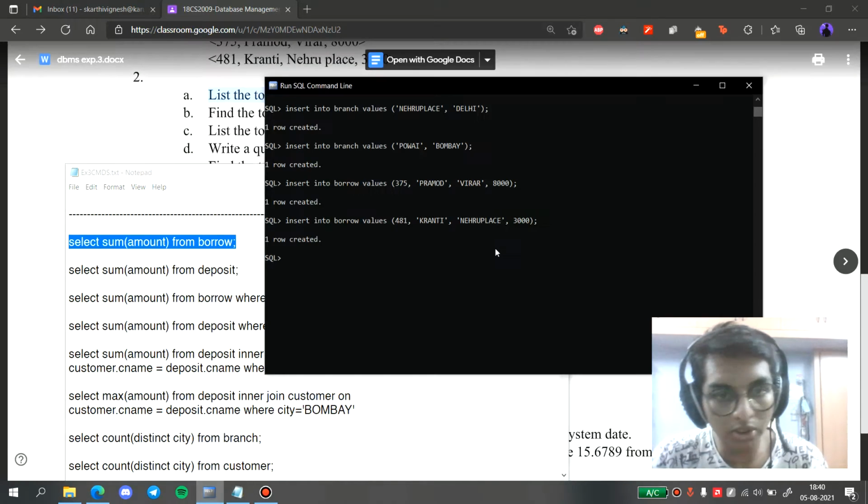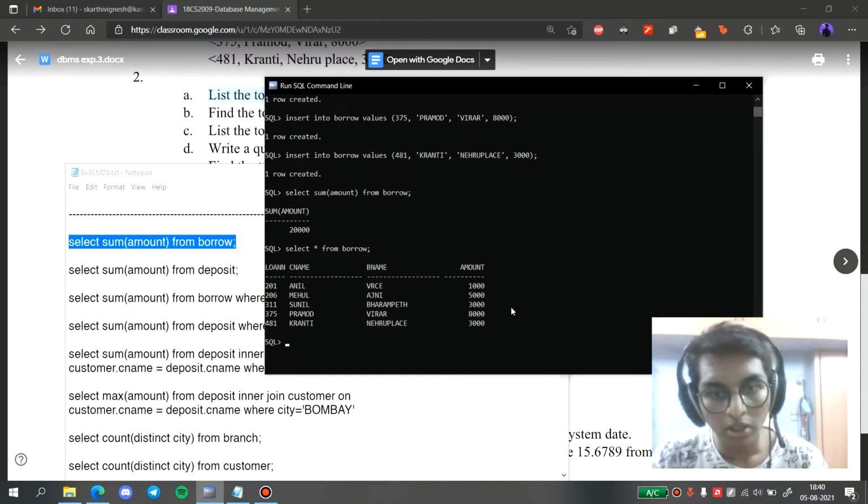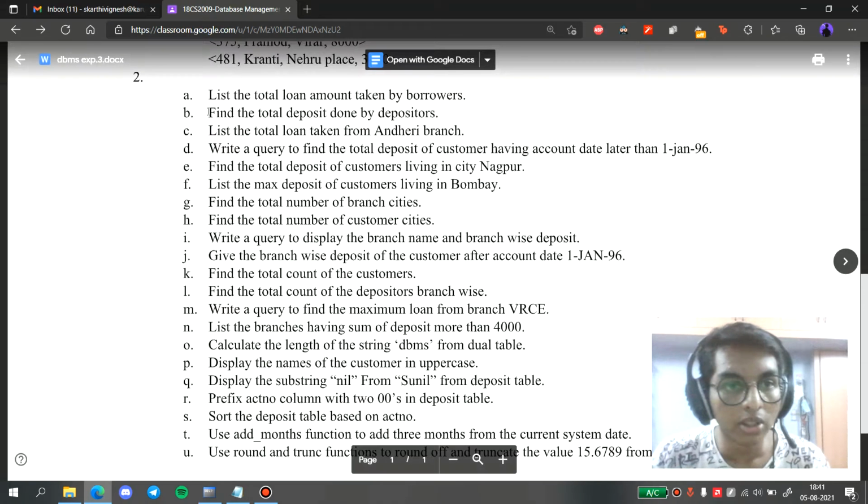I'm going to execute this one, and it shows us the total amount is 20,000. We can check it by adding all these values, and we get 20,000 as the output, and that's how this command works. Basically, sum.